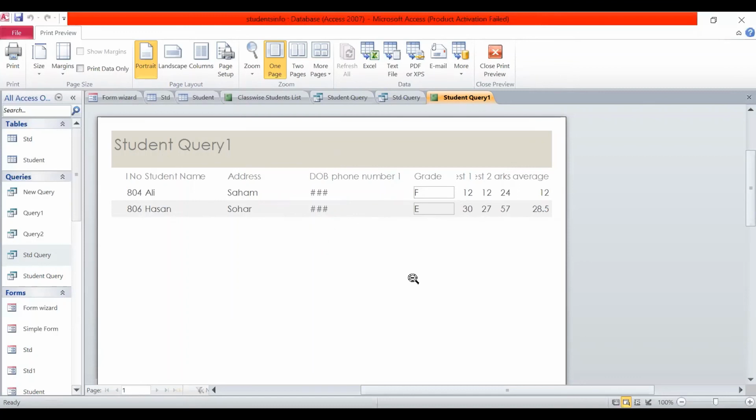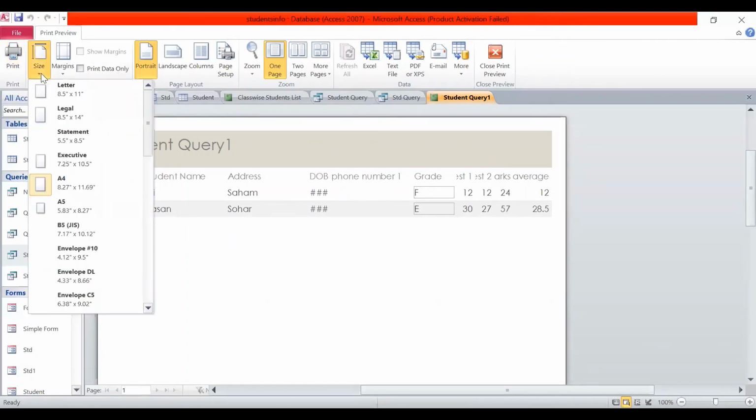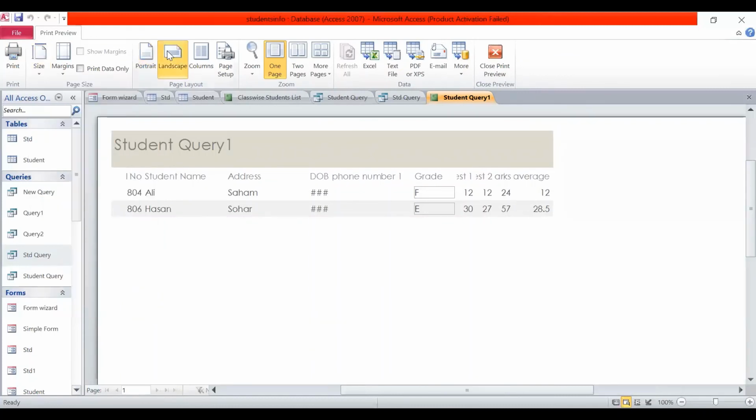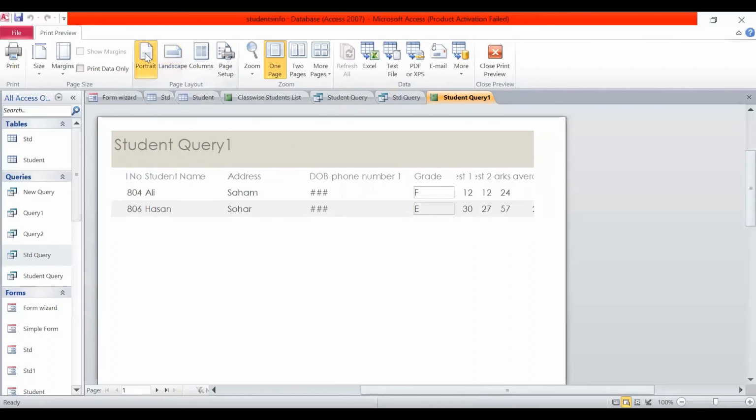So in this way you can create your reports, and from here you can print it. These are the settings: A4 size of the paper, and here if you need to change its position, either portrait or landscape, in landscape it will be printed. From here you can change its orientation as well. Hopefully you understand. So that chapter is finished. Inshallah, just practice it at home. So if you face any